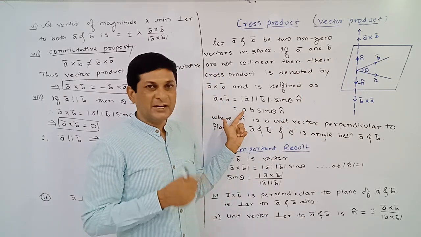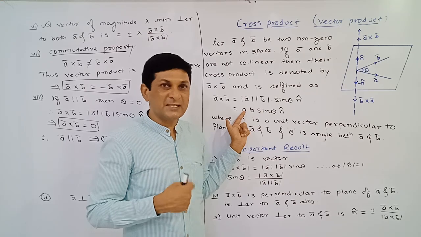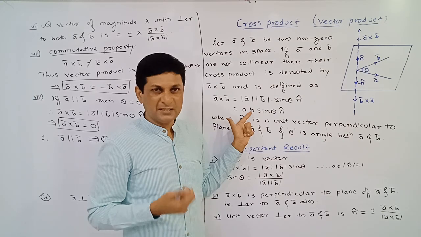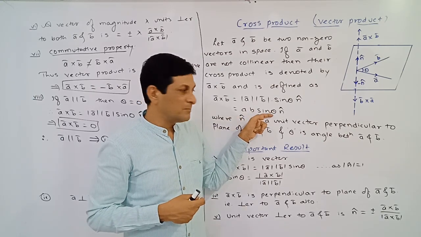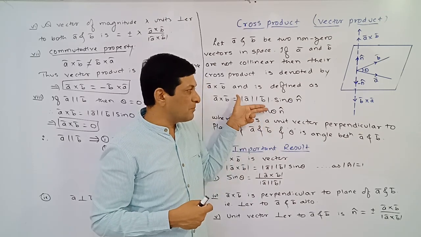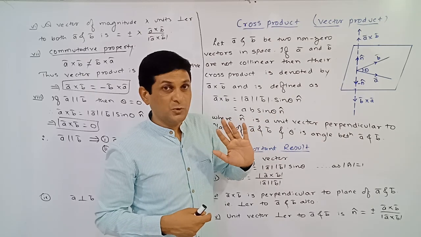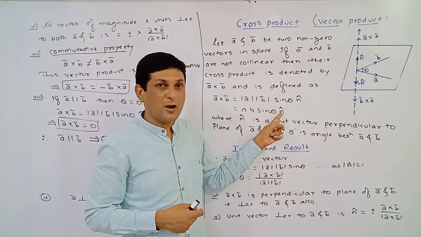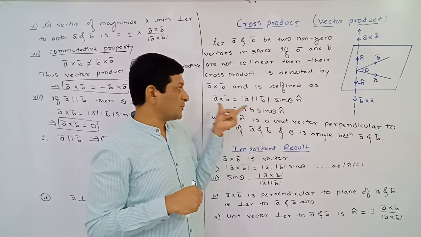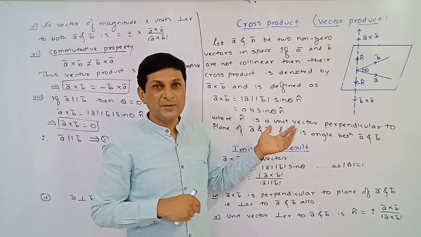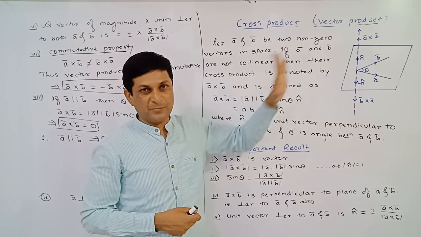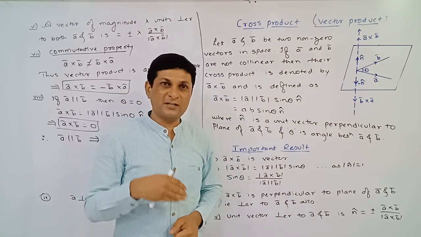Now what is a? Magnitude of the first vector. Magnitude of the first vector means it is a number, and b is also what? Magnitude of the second vector. So magnitude means length, it is also a number. Value of sine theta is also a number, and multiplication of this first, second and third number is a number. And if we multiply this number by n cap, we will get a new vector along what? N cap. So we are getting a vector, means the cross product of two vectors is nothing but which quantity? Vector quantity. That's why this cross product is also called what? Vector product, because the cross product of two vector quantities is a vector quantity.